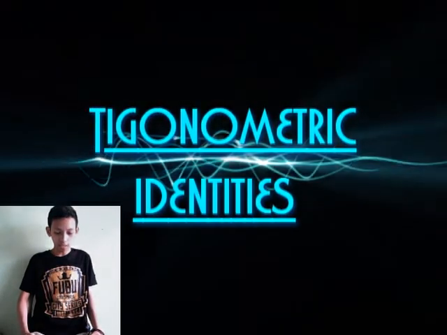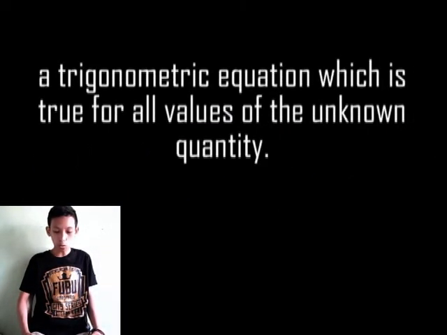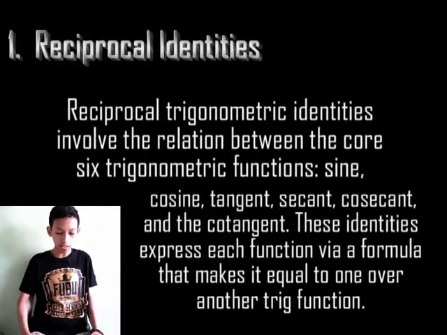Trigonometric identities. A trigonometric equation which is true for all values of the unknown quantity. Number 1. Reciprocal identities. Reciprocal trigonometric identities involve the relation between the core 6 trigonometric functions: sine, cosine, tangent, secant,